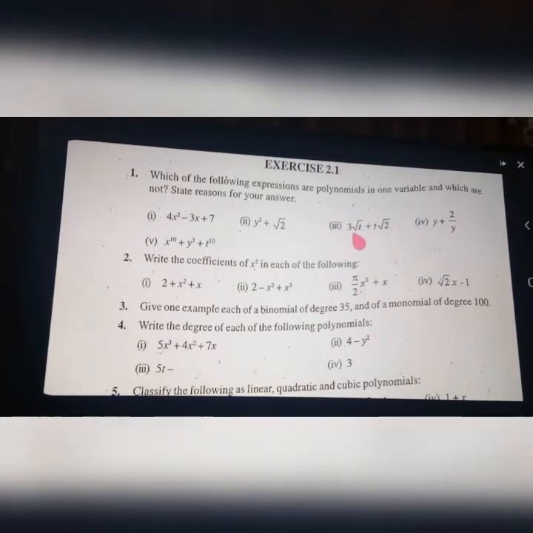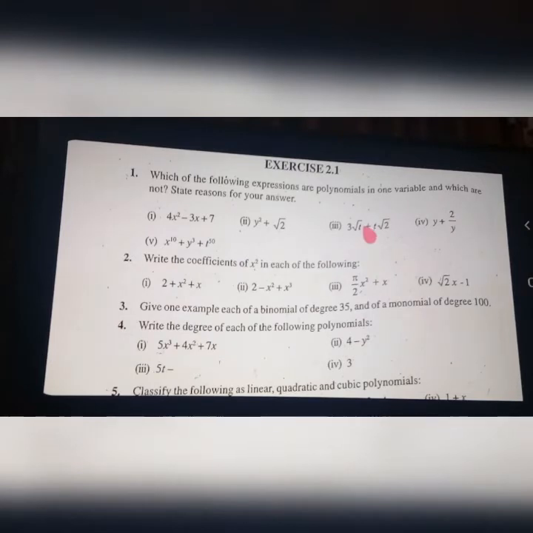What's the degree? This root t, how are we writing? In real numbers we already explained. The root t is written as t raised to 1 by 2. See the degree, 1 by 2 coming here. I told you the index of a polynomial should always be a non-negative integer. So is 1 by 2 an integer? No. So 1 by 2 is not an integer. Therefore, is it a polynomial? No. Only one variable is there, but it is not a polynomial.